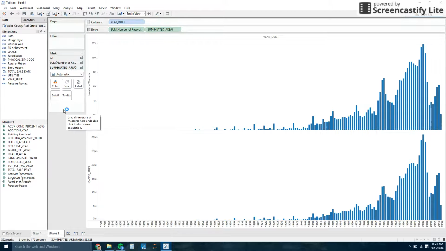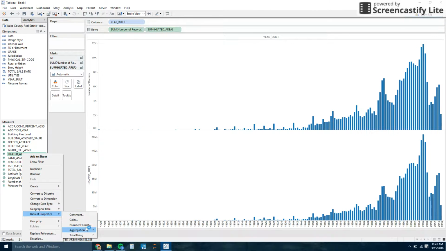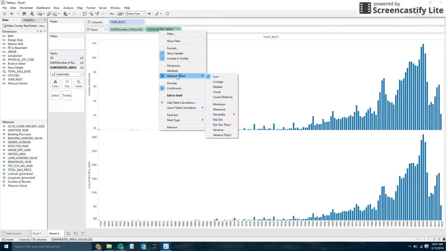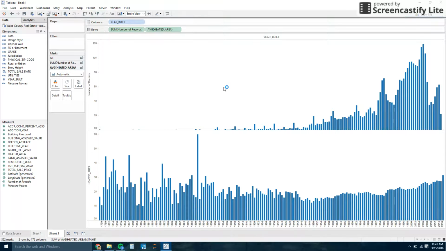Now that heated area doesn't make any sense to sum it, so we want to average that. So I can go ahead and change that default value to an average, but it doesn't change it up here, so I also have to change it up here, or I can just add it back. But we don't really want it to be a bar here because it doesn't really make sense. What we want to do is change that to a line. So if you click on the drop down, you can just change it to a line,